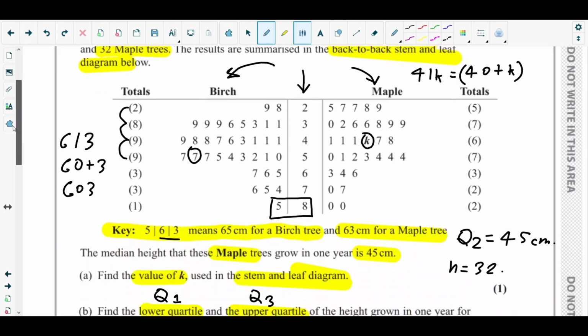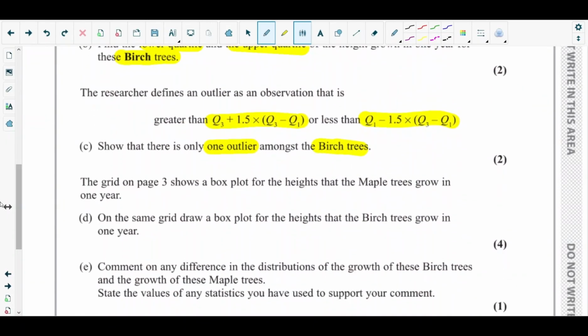Okay, next is part D. What have they asked in part D? The grid on page 3 shows a box plot for the heights that the maple trees grow in 1 year. Part D asks us to draw a box plot for the heights that the birch trees grow in 1 year. For drawing a box plot, you have learned the concepts in chapter 3, representations of data. In a box plot, we represent the quartiles,